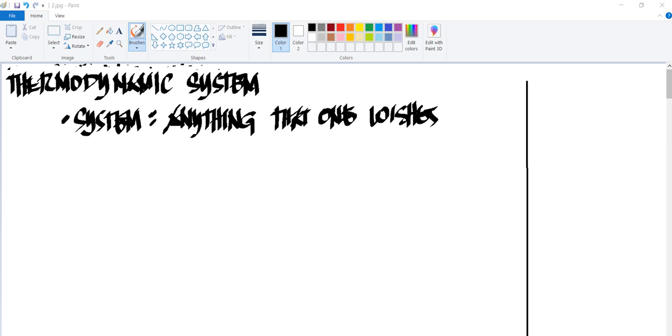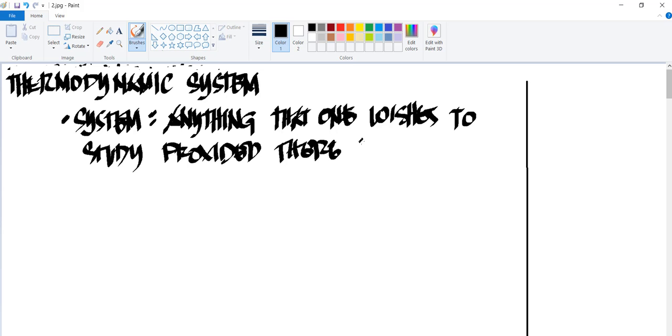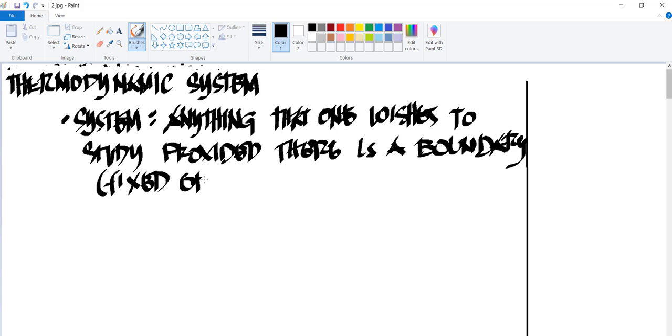So we have thermodynamic systems. Systems, anything that one wishes to study, provided there is a boundary. Okay? The boundary is either fixed or moving. So for the thermosystems, we have